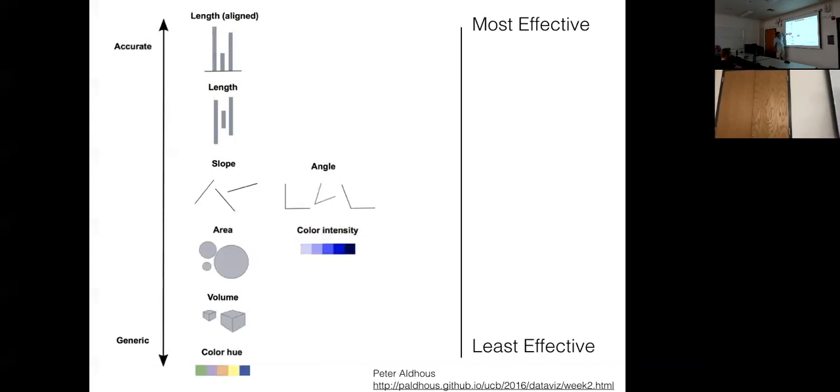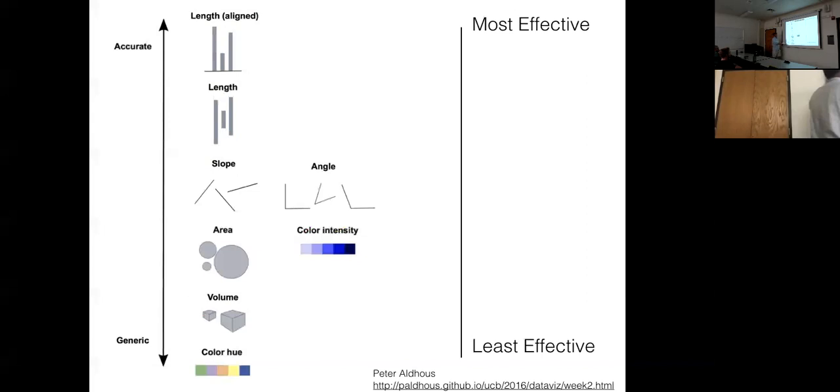Okay, slopes. If you have to do this, it's not as good as either of these. If you have sloped lines, we can't pick up the lengths as well, and we could show you some optical illusions just to illustrate this. Okay, angles and slope are about the same. Are they related? They're not quite, because this is actually measuring the angle. This is measuring the distance.